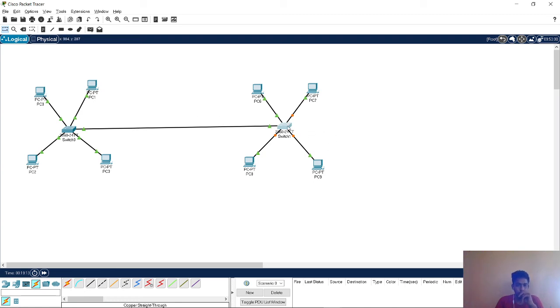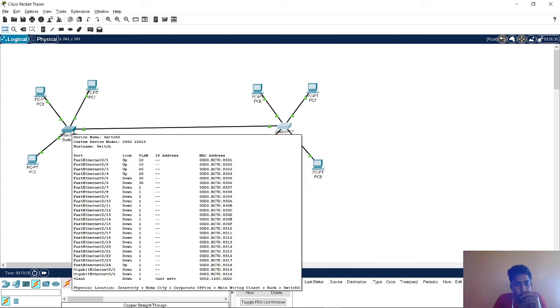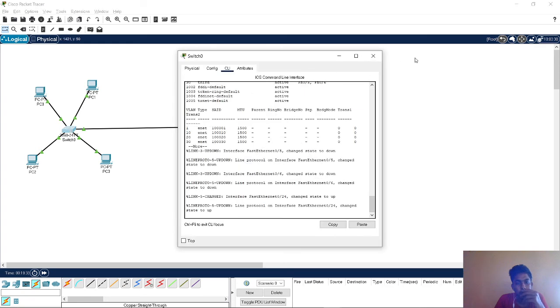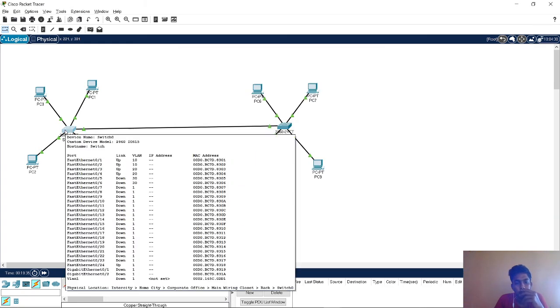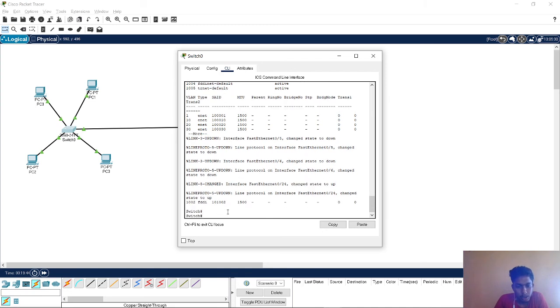If you check, it will show VLAN 10, 10, 20, 20 for the first switch, and the third and fourth pins have been taken. Now we need to perform communication between these two switches. For that, the pin by which both switches are connected is the 24th pin, FastEthernet 0/24.